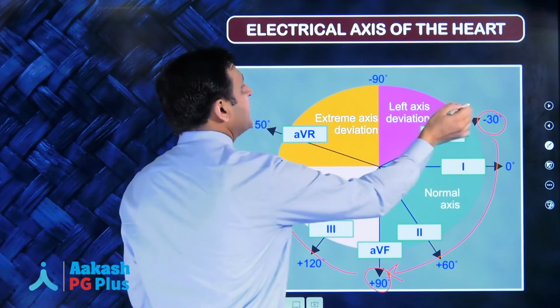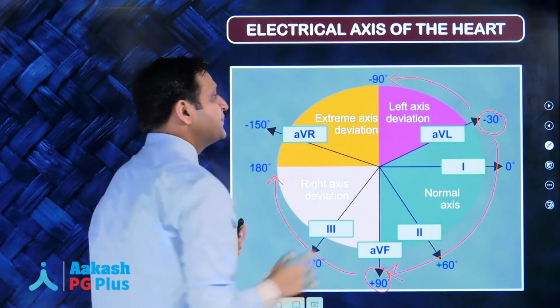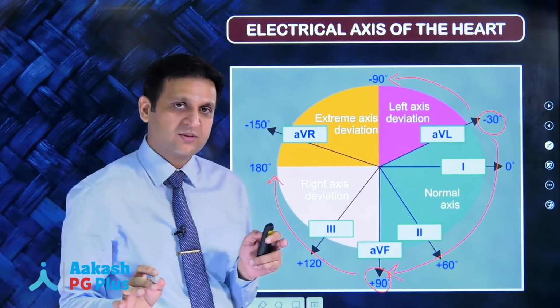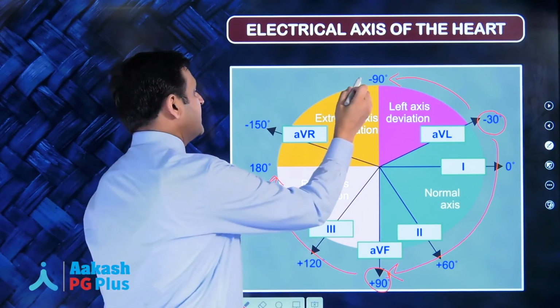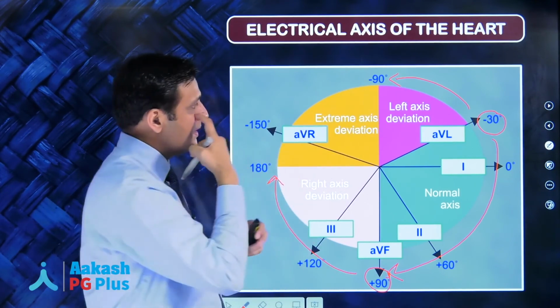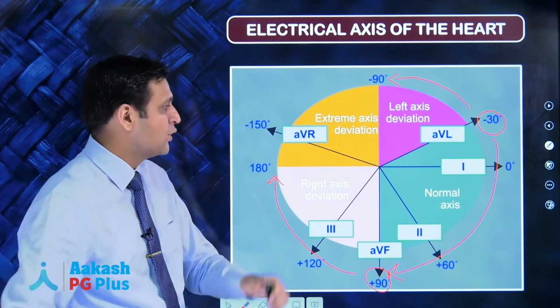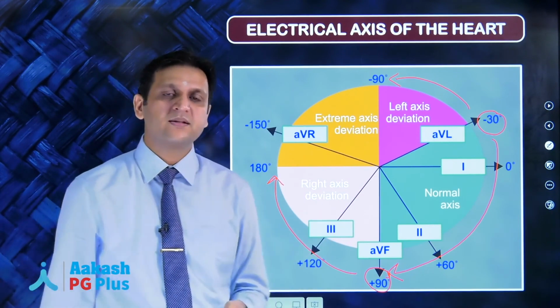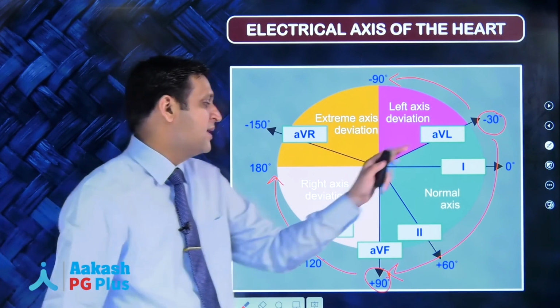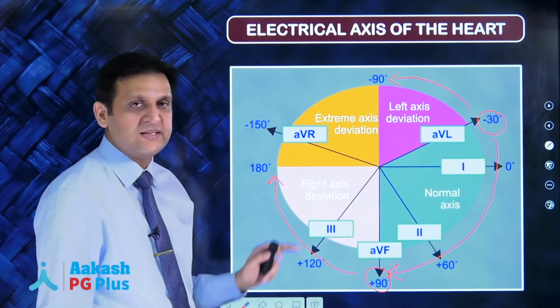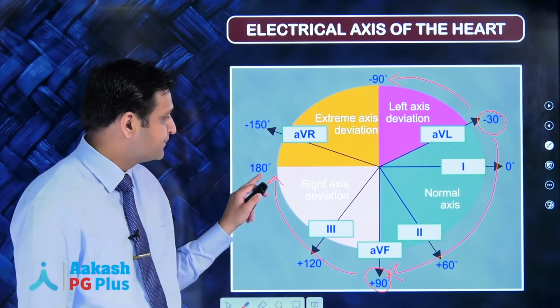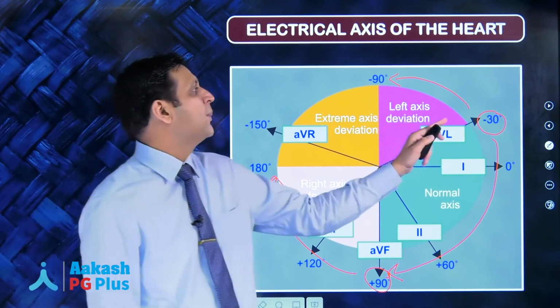If the axis goes from -30 to -90, it will be left axis deviation. Axis between -90 to +180 is extreme axis deviation. This is a question that is frequently asked: the normal axis of depolarization of the heart is -30 to +90. 90 to 180 is right axis deviation, -30 to -90